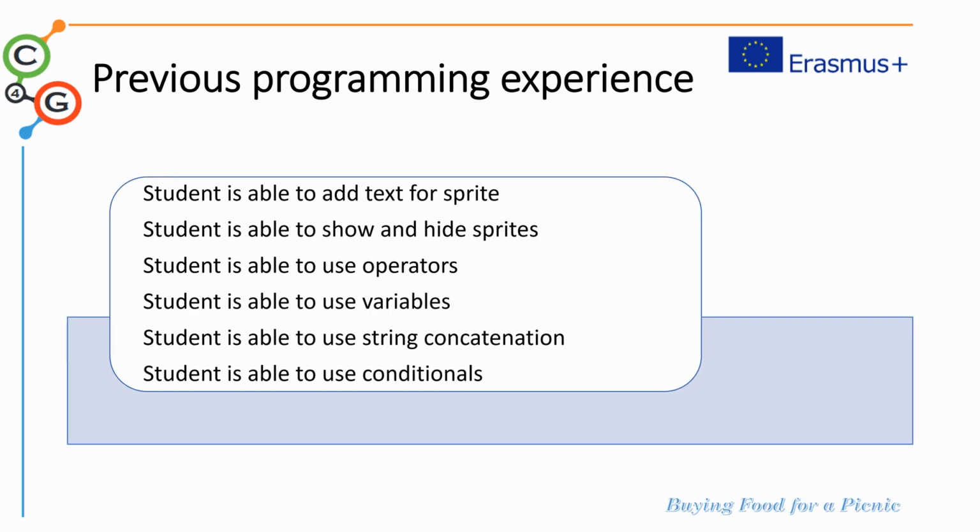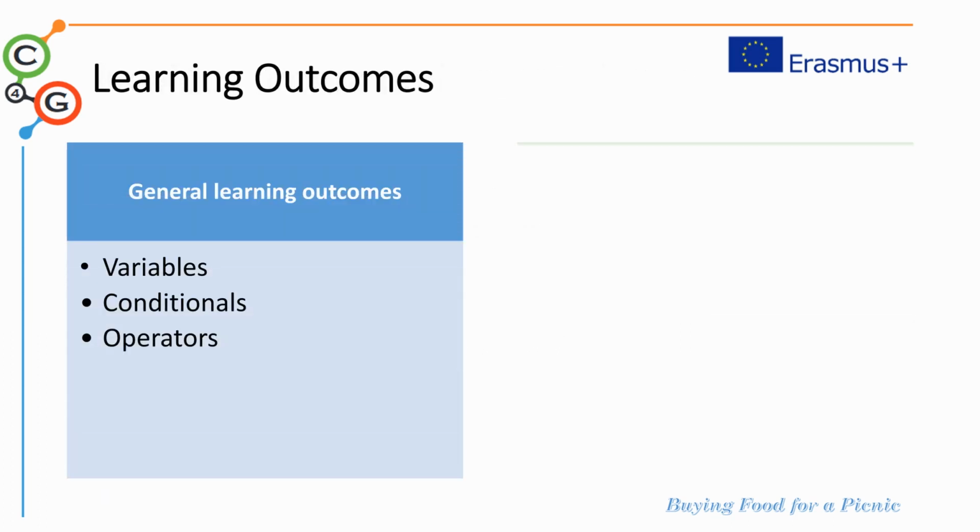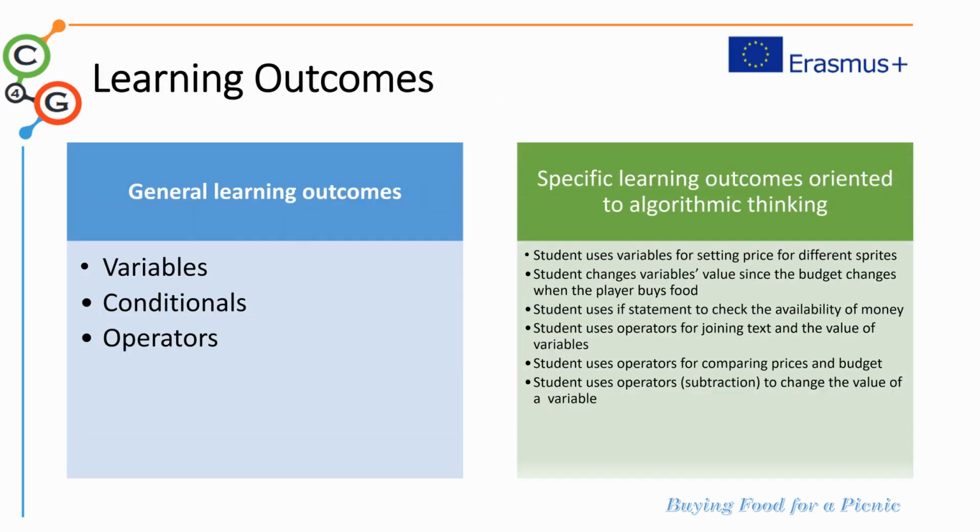As previous programming experience, students are expected to be able to add text for sprites, to show and hide sprites, to use operators, variables, to use string concatenation, and also to use conditional expressions. General learning outcomes relate with the use of variables, the use of conditional expressions and operators, and as specific learning